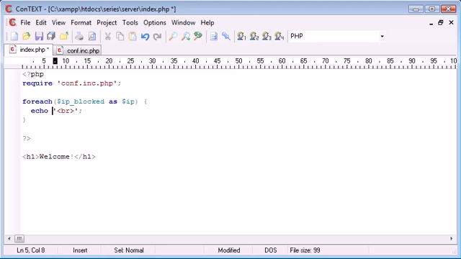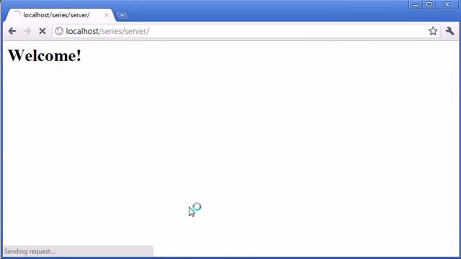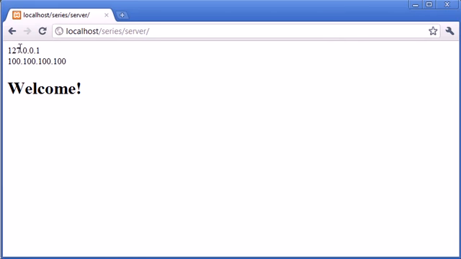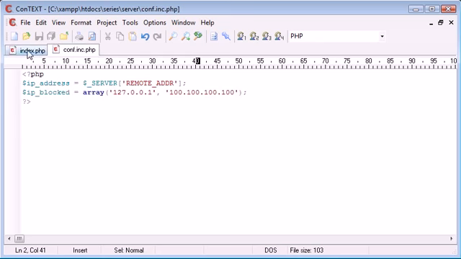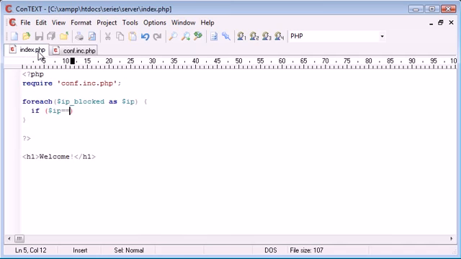We'll put a break there, and we'll echo out IP. So let's just refresh the page and see what happens. So we've echoed out both of them IPs. So now it's logical that we can come inside here and say if IP is equal to IP address, this is the current IP address of the user,